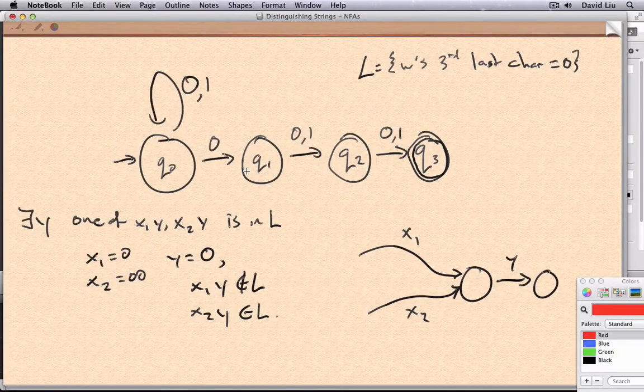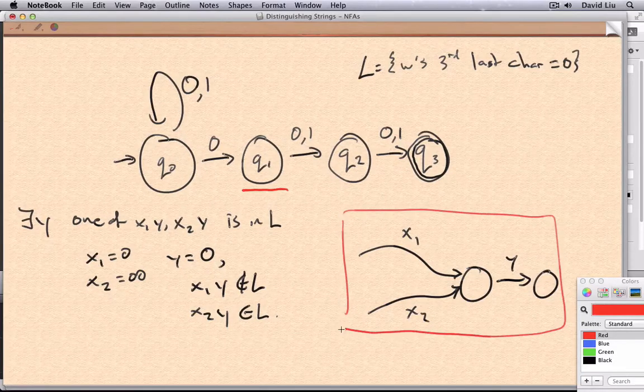It's not too hard to see that both x1 and x2 can reach the state q1. x1 by just transitioning, x2 by first looping, then transitioning. And yet, there's no contradiction. So what went wrong? Well, remember in the DFA case, the key point was that x1y and x2y had to reach this state over here,